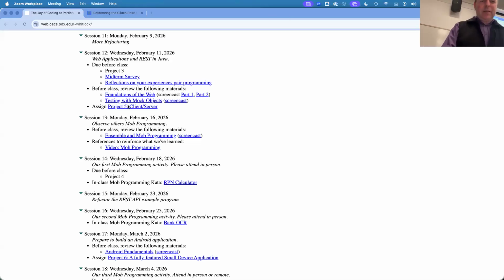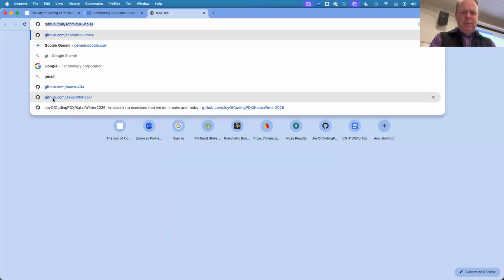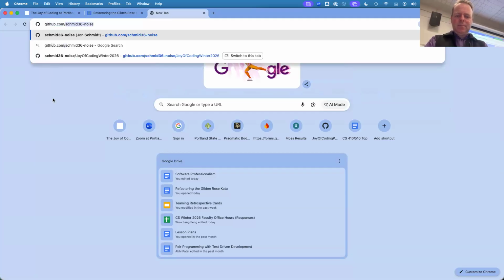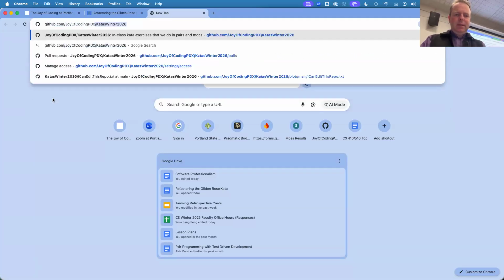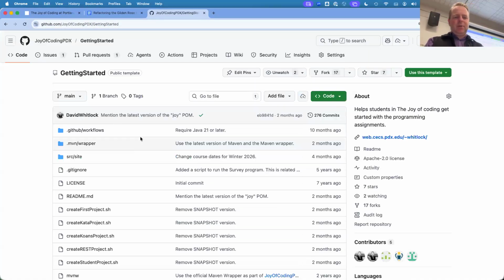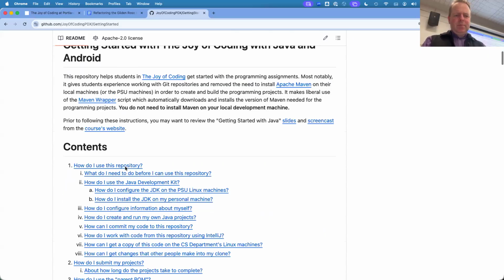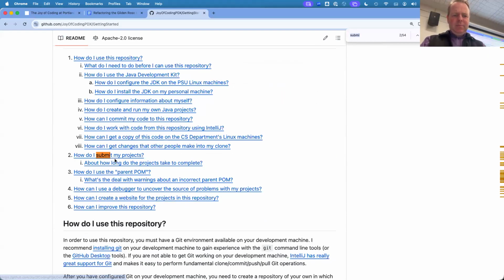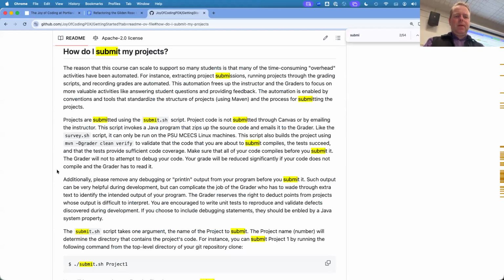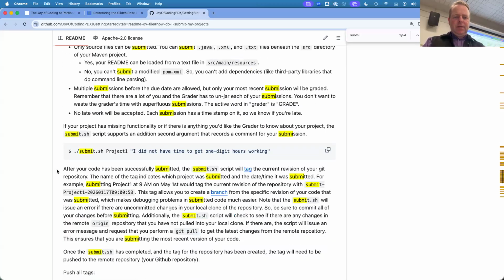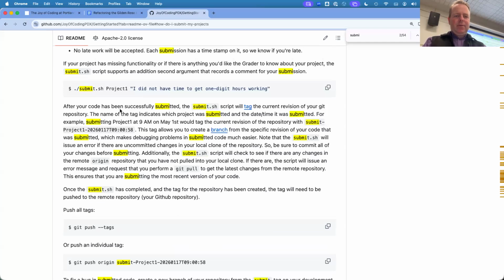Actually, let's just take a quick detour here. If you go back to the getting started repository, it's probably under the submit section: how do I submit my projects? One of the things that the submit script does when it submits,